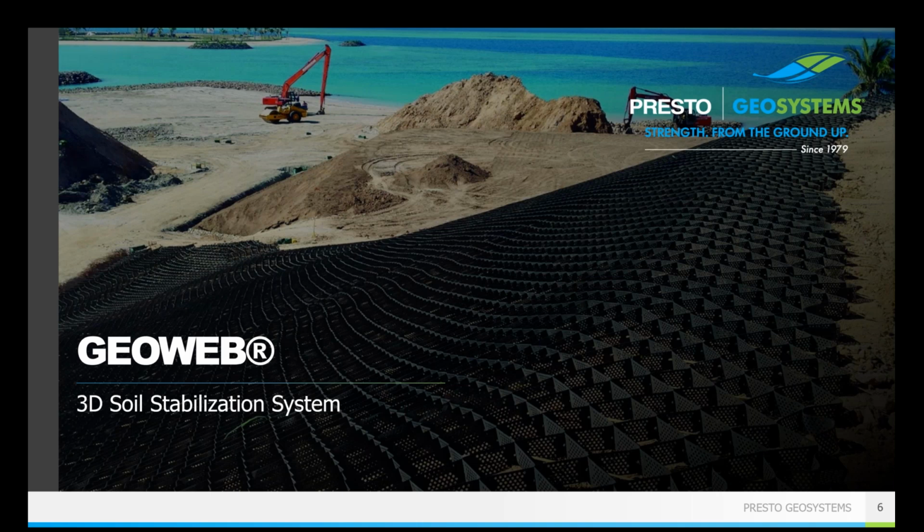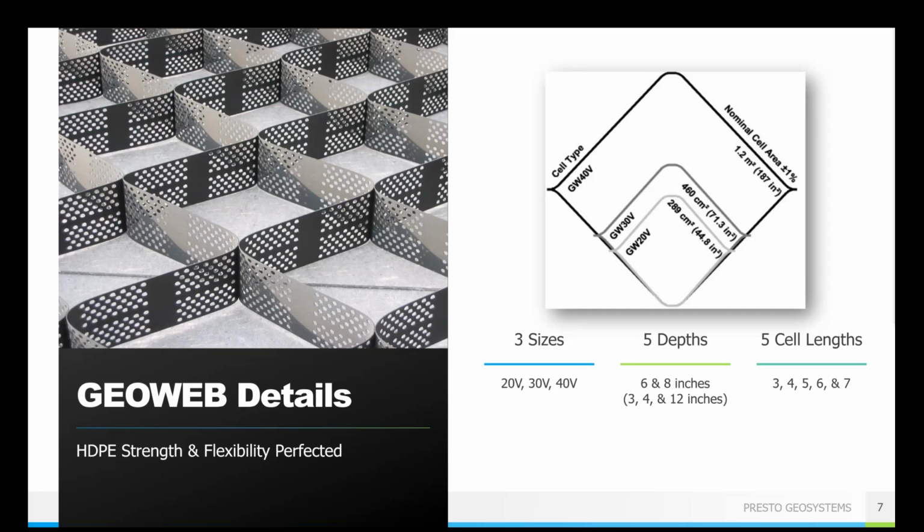So the GeoWeb system is our version of the GeoCell technology, and it consists of 2 main attributes. The first is the cell, or the container size. The cells come in 3 diameters, basically a small, medium, and large opening, and a number of different depths. GeoWeb walls in particular are typically made with our 30V cell size.